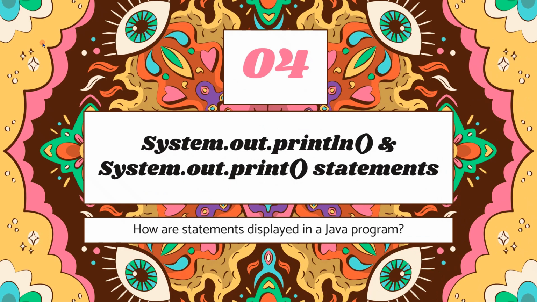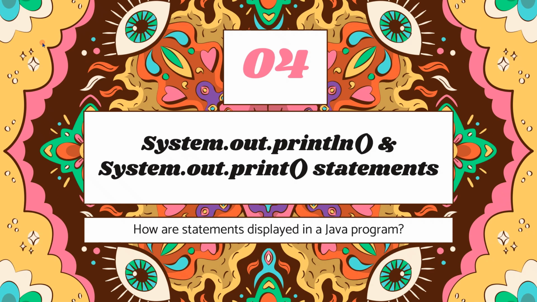System.out.println and System.out.print statements. In the first part of this lesson, you only saw the System.out.println statement, but I decided to also add the System.out.print statement. There is a difference between the two of them and how they display information on the user's screen or on the console. By the way, the console is where the user gets to see information